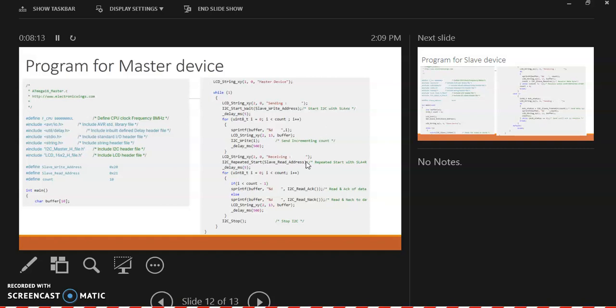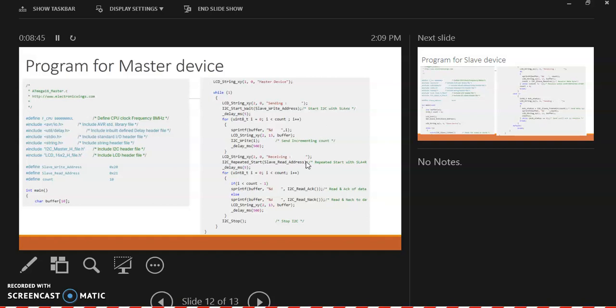Then we define the slave write address and slave read address, define a counter, and start our program. We show the LCD string for the master device, and send start I2C with SLA+W. We send incrementing counts, do a repeated start with SLA+R, read and acknowledge the data.